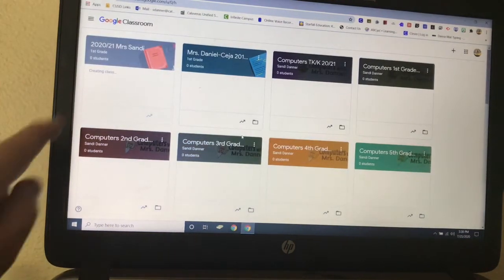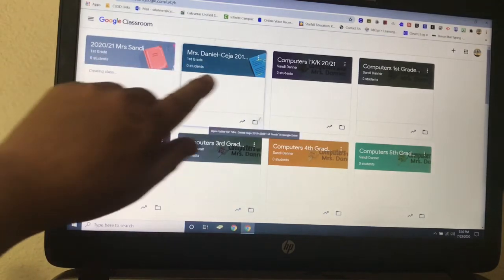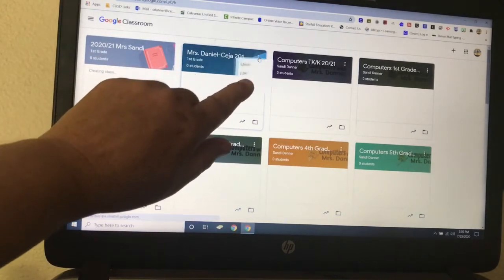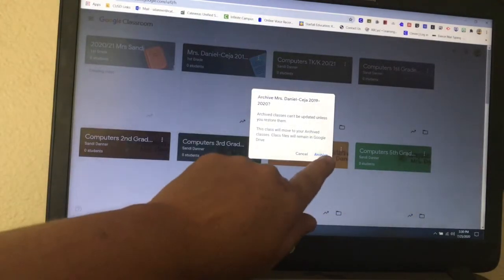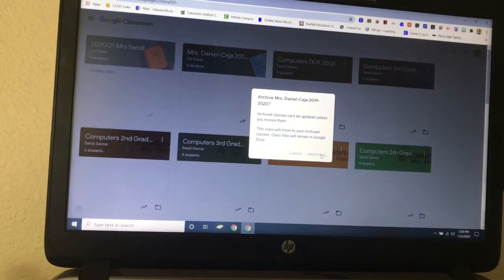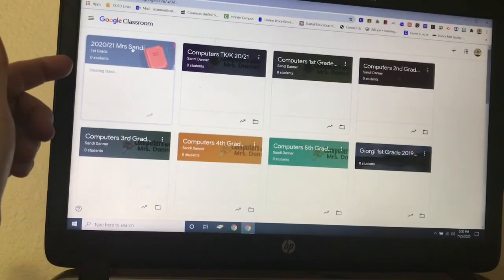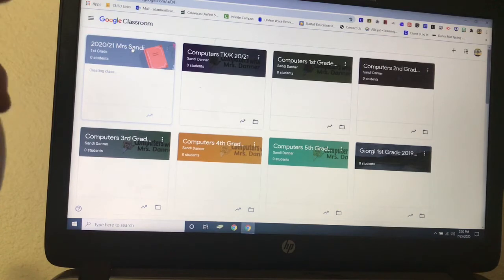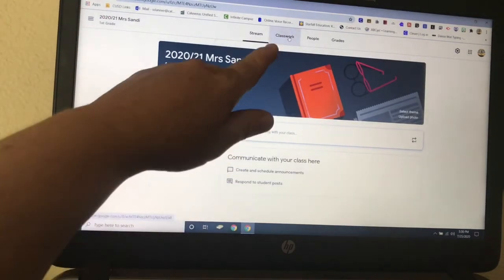Okay, so this is the one I just copied from last year. I changed my name. So I'm going to click on the three dots and then archive this one. Archive. So that one's gone, and now we have our new one. So now we can double click to open. And I'm going to show you what the assignments look like. So on Classwork,